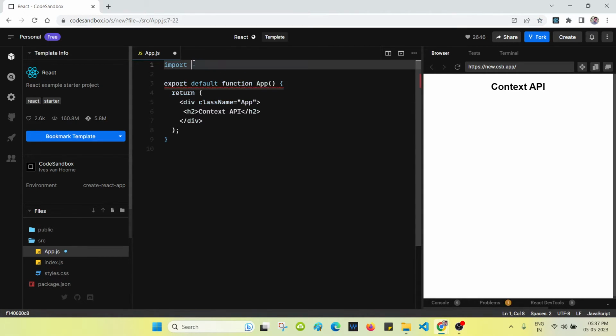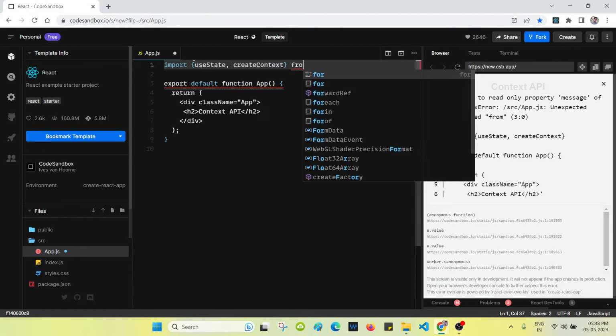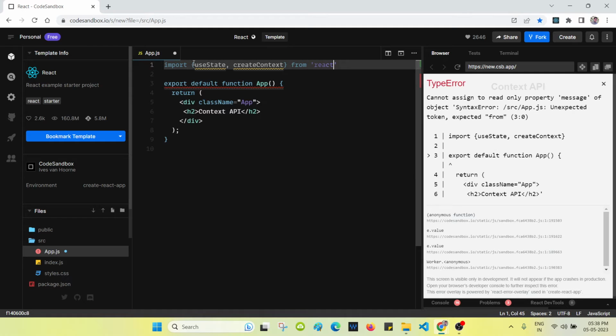I will explain with the help of a counter how Context API works. Import useState, and we need to use createContext, Provider, and useContext. So we'll import createContext from React,